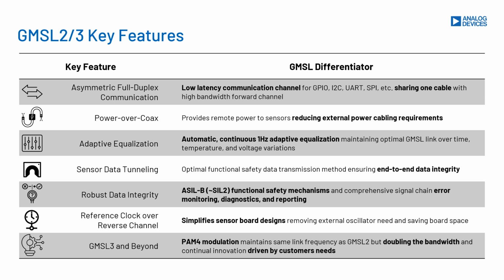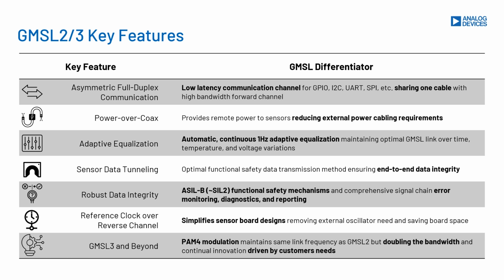And the other direction we refer to as reverse channel with lower bandwidth. Most GMSL devices support low-frequency GPIOs, I2C, UART, and SPI tunneling, and some display devices also support I2S or PDM